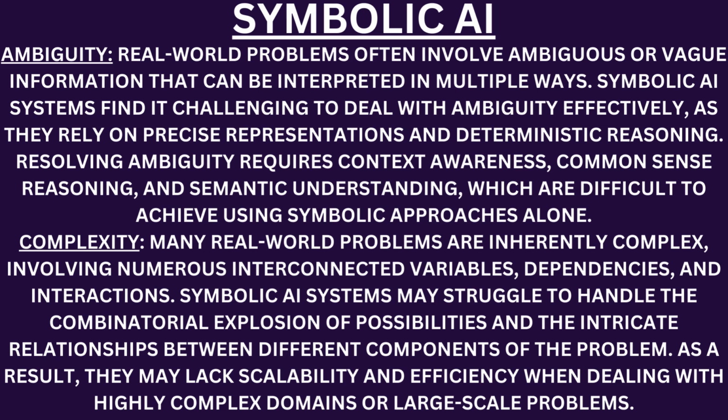Symbolic artificial intelligence systems may struggle to handle the combinatorial explosion of possibilities and the intricate relationships between different components of the problem. As a result, they may lack scalability and efficiency when dealing with highly complex domains or large-scale